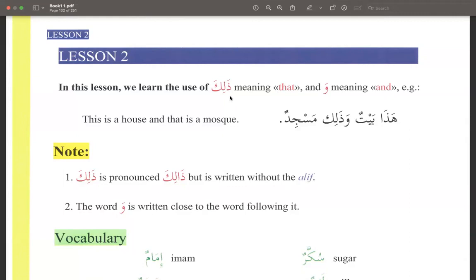Yes, brother Usaid. So for ذلك, is that a rule that's applied in other words or just ذلك? Similarly, in the word hadha, you will find it in other words. We're just highlighting it here because we came across it right now. But you will find these in different words as well. Any other questions so far about this?